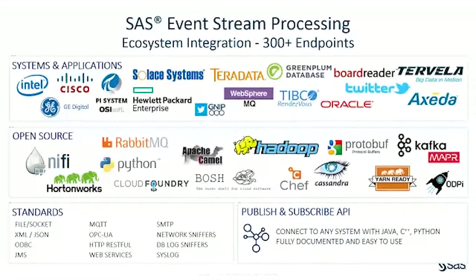We have hundreds of endpoints fully integrated in partnerships with several vendors in the IoT space, open source integration, Hadoop and Yarn compatibility, and cloud enabled. If your data source is not shown here, no need to worry. There's a publish subscribe API for writing your own connectors in Java, C++, or Python that is very simple to use. So get any custom device or sensor or application talking to ESP with very little effort. And with that, I will hand it over to Dale to take you through a use case and example.